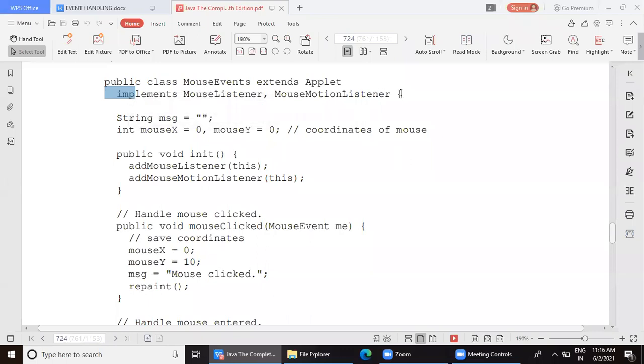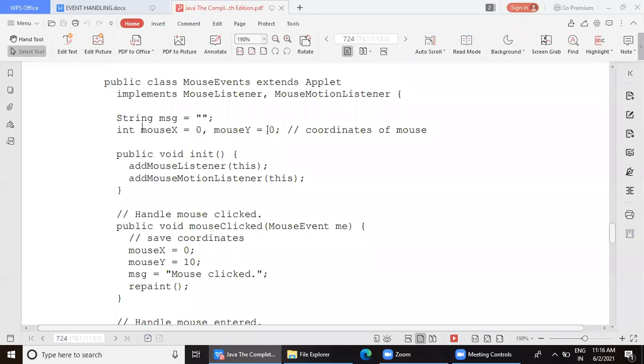Now we start with the curly bracket. That means the class declaration starts. We have a string variable by name msg. Then, similar to our previous program, we have x and y variables, but instead of simply x and y, we have named them mouseX and mouseY, initialized to 0, 0 here.